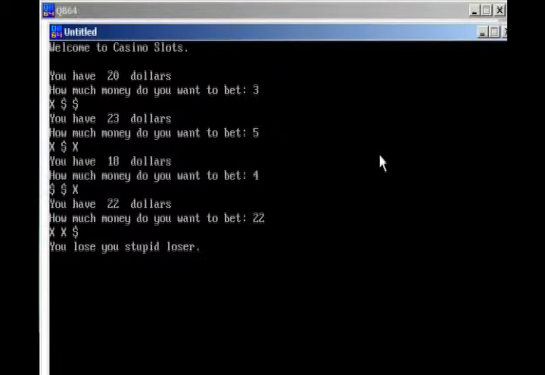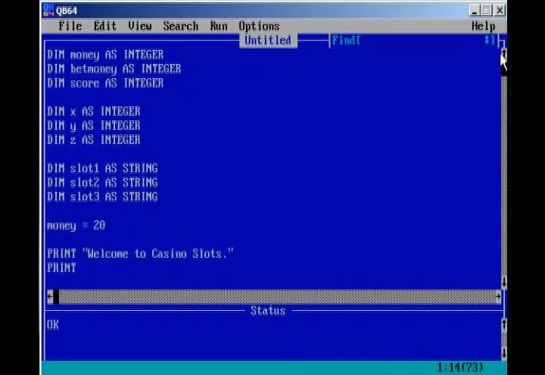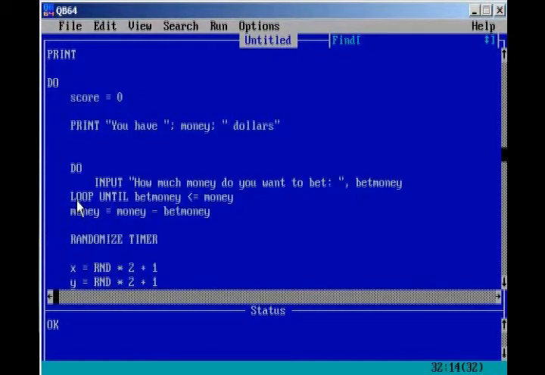And then it goes, "You lose, you stupid loser." And then press any key to continue. Now notice that we have all of this mess on our screen. If we keep winning, it's going to be pretty difficult to read. So one simple way to fix this, press any key to continue. Go up to where you have your input right here,